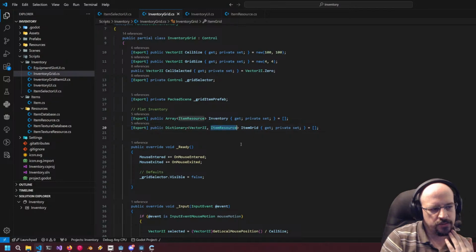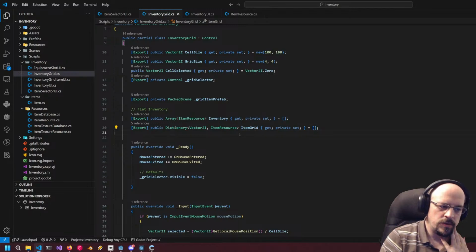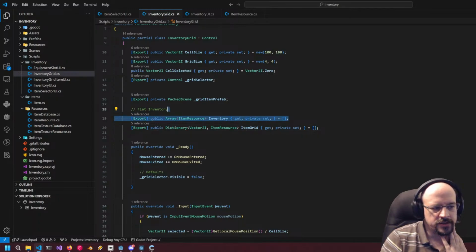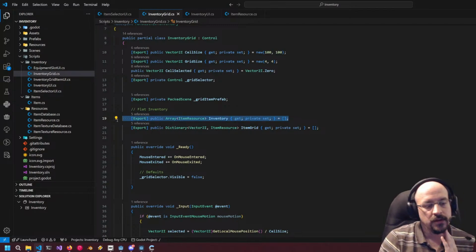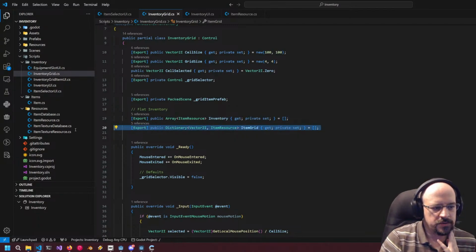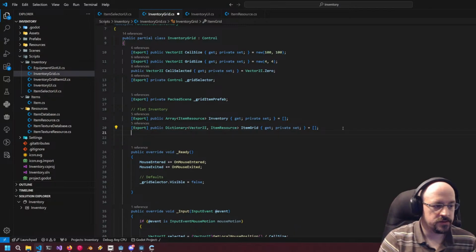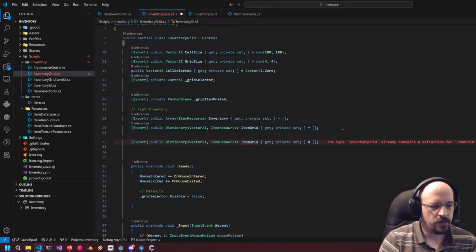Instead of putting it in both places, we'll add it to the inventory, and then reference the specific index of the inventory in the grid dictionary itself. So it all depends. If I don't want to use this at all, then we want to actually store it literally in a grid and not have a flat inventory variation. We can do it both ways, but one requires a